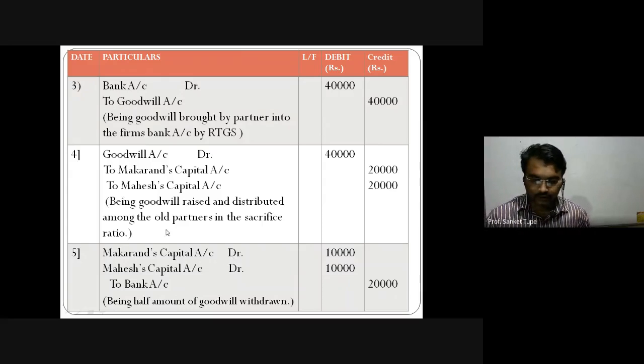तो आप ये बोलेंगे सर ओके आपने 10,000 किस हिसाब से मकरंद को डेबिट किया, महेश को डेबिट किया? There is a ratio 3:2. There is also ratio 1:1. How it is given one? ये तो पता नहीं विड्रॉन कैसे किया है उन्होंने. So simple reason behind that है कि अगर गुडविल डिस्ट्रीब्यूट करते वक्त सैक्रिफाइस रेशियो हमने यूज किया है already, at that time they have created with the goodwill amount of 20,000 and 20,000. उसके half of amount वो withdraw कर रहे हैं.